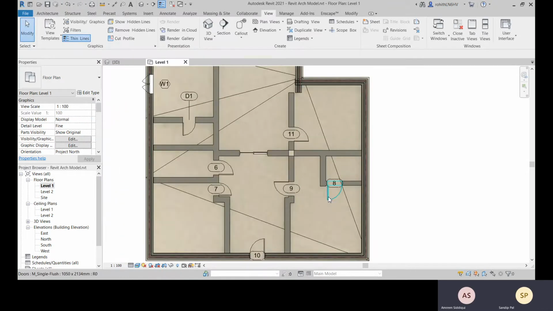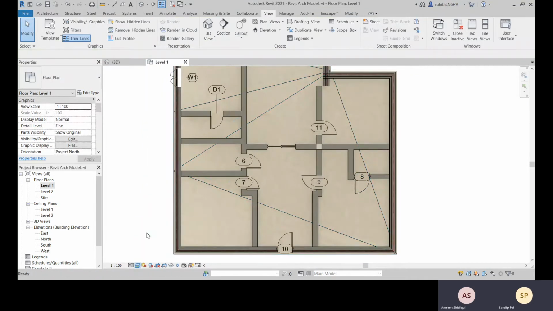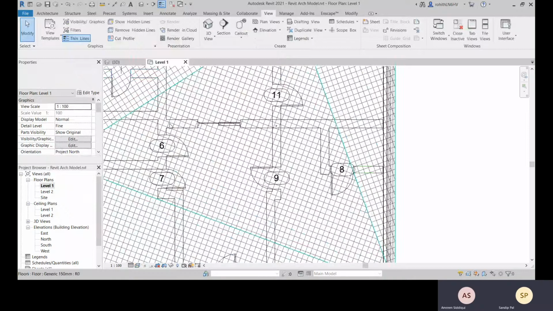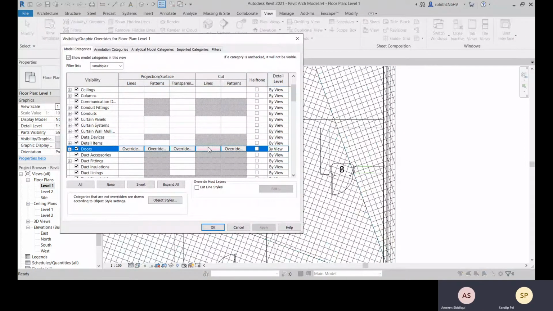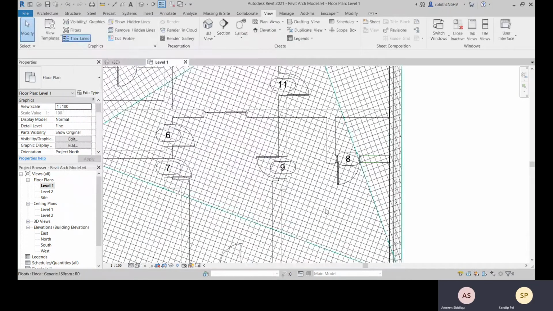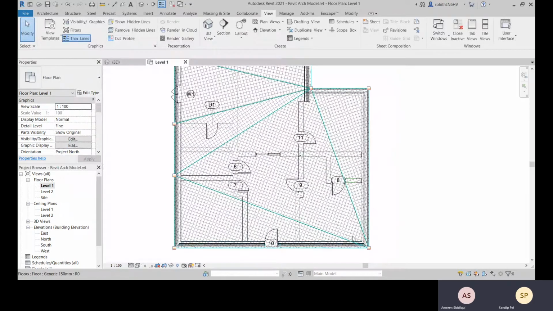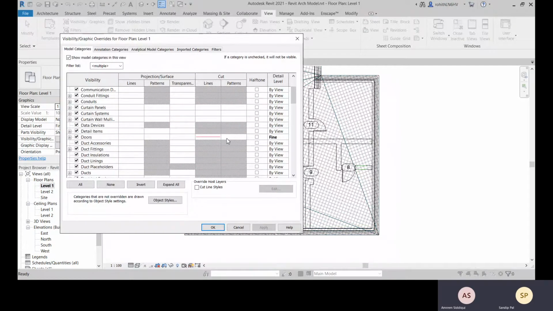So for detail, you can mention that within this fine you want to see it. Click on apply. Let me change it by view.